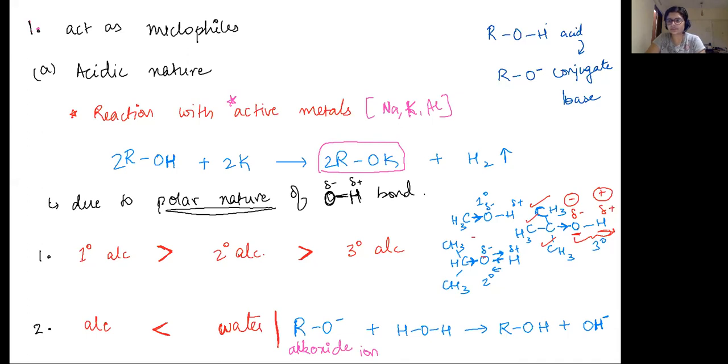One moment, Ritvik had gotten disconnected. You get alkoxide ions from metal alkoxides, like sodium alkoxide or potassium alkoxide. When alkoxide ions are present in water, water donates a proton in order to form alcohol and OH minus ions. All right, so this basically shows that alkoxide ions are stronger bases.